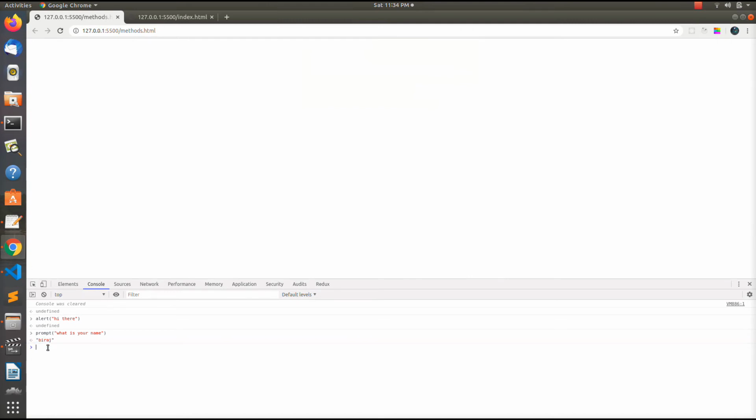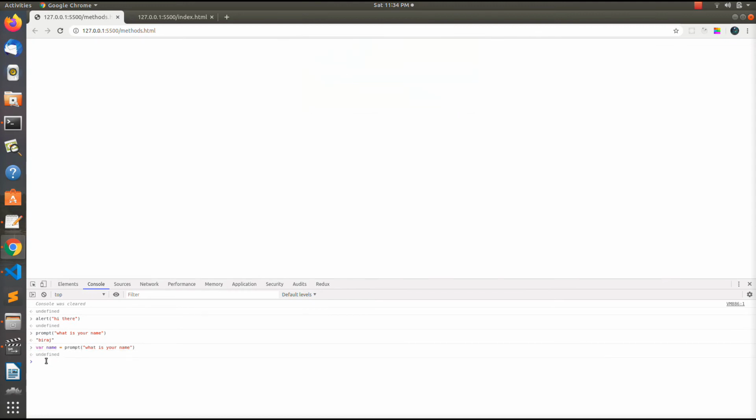Now I cannot access this name again because I have not stored this in any variable. So let's do that. I'll write variable name is equals to prompt, what is your name. If I press enter, then again I write my name here.